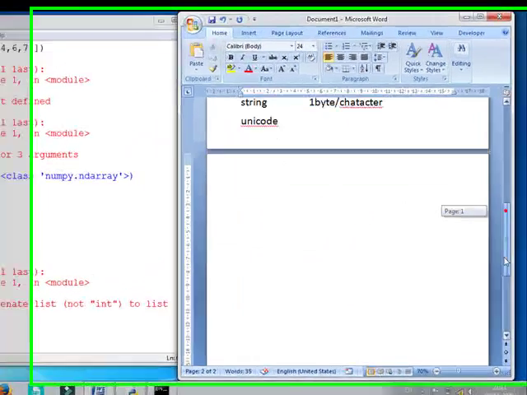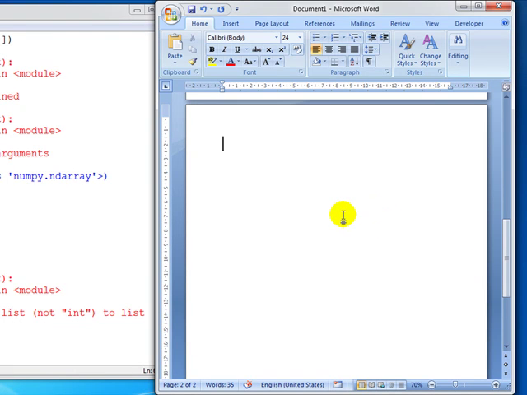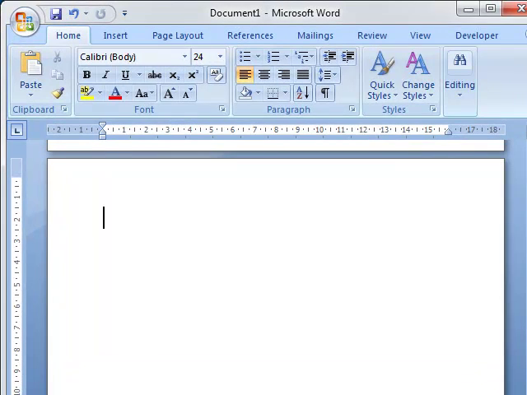What are the advantages of numpy? There are three important advantages. The first is less memory. Second is faster, and third is convenient.